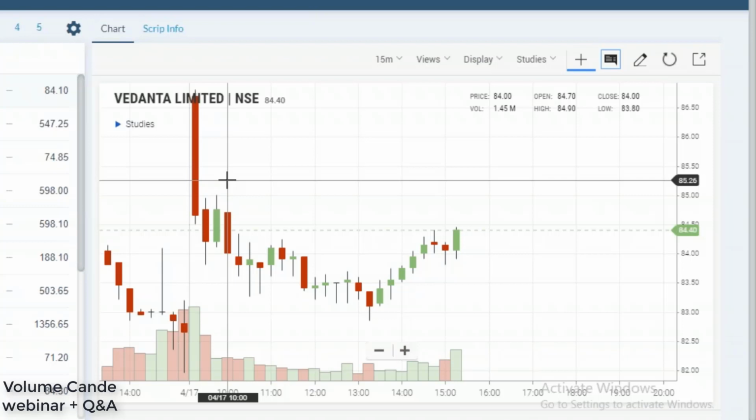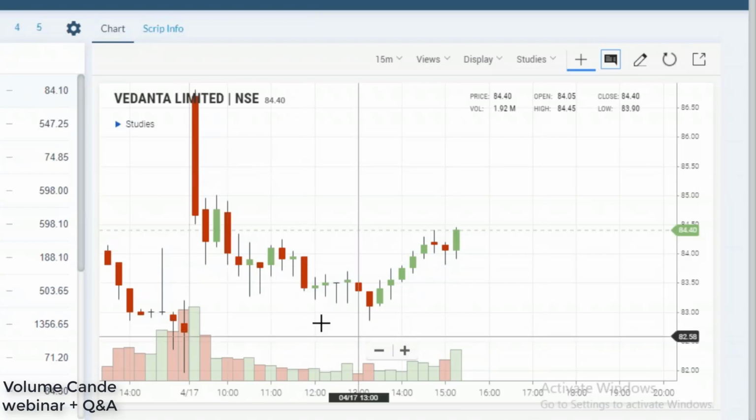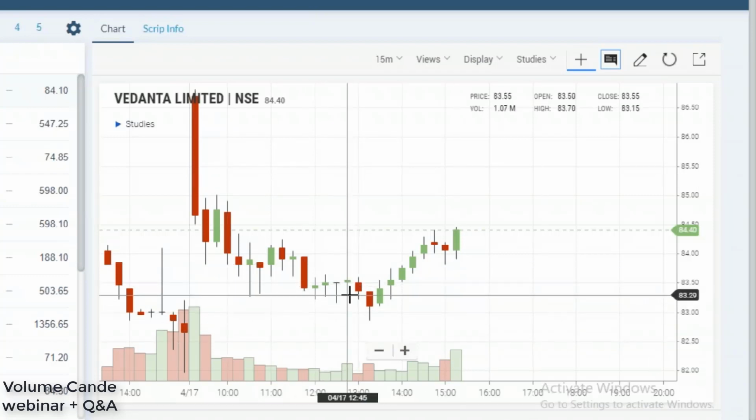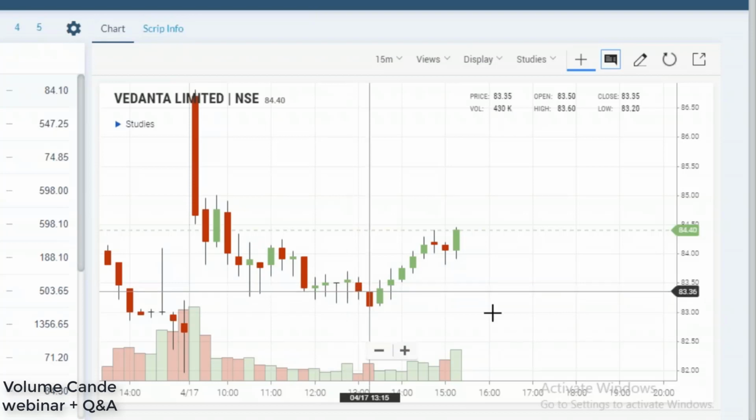Whenever the market is falling, we see clearly a red candle, right? Suddenly, when there is a huge bias in the market, all the selling will be covered, and we can see a pin bar. It means we can see one long tail either on the upside or the downside. That is called the pin bar.